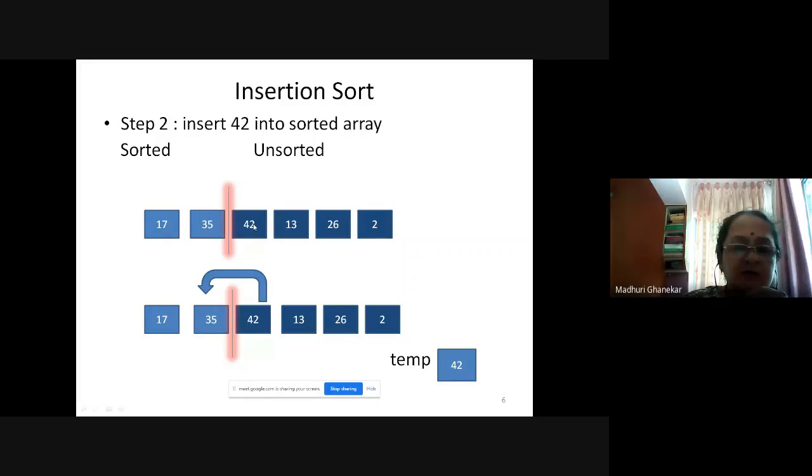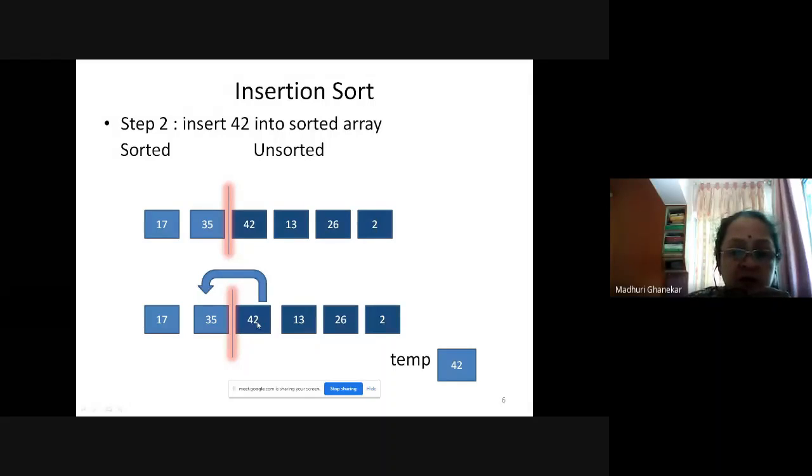42 is the very first element from the unsorted list. So we pick up that element and try to add it into the sorted list. Again, this has been copied at a temporary location. Why copy it at the temporary location? I'll tell you. It is because, as I mentioned, this is an imaginary line. Actually nothing has been done inside the array, but we are making two parts, one part we call sorted, the other part we call unsorted. So this is the imaginary line in between the sorted and the unsorted array.